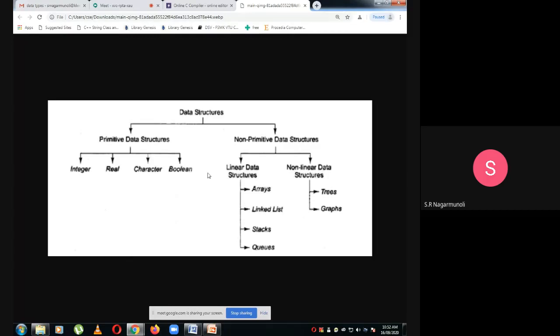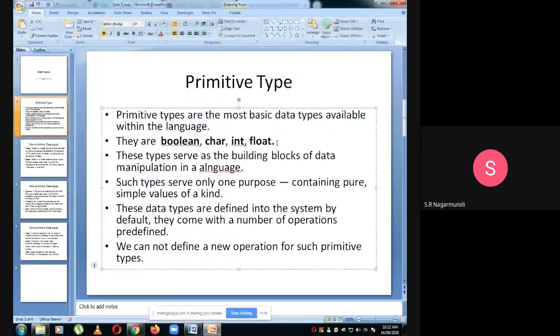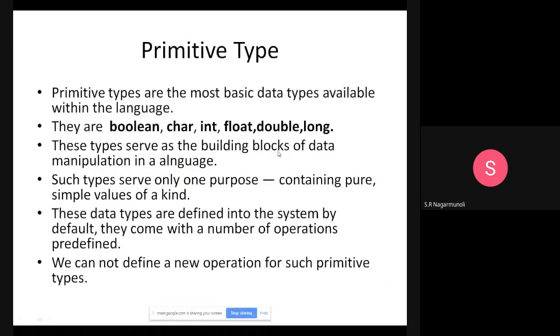Now, to understand this, let us first see what primitive data structures mean. These types are the most basic types available within the language: boolean, character, int, float, and also double and long. These are all the basic data types available in C. These types serve as the building blocks of data manipulation in a language.